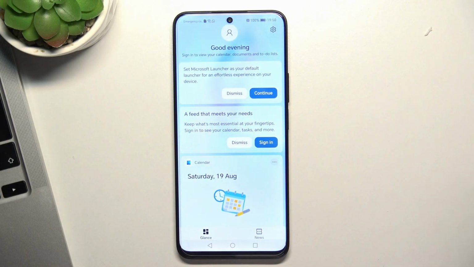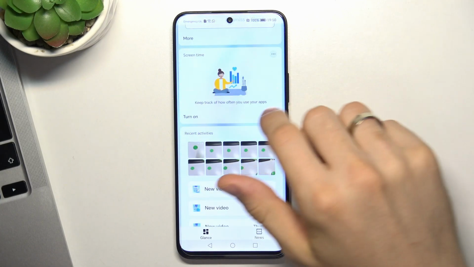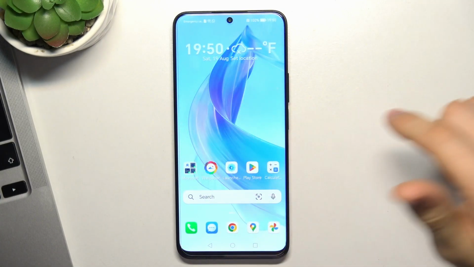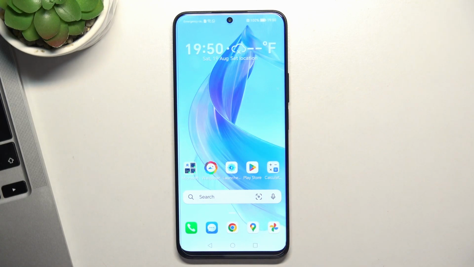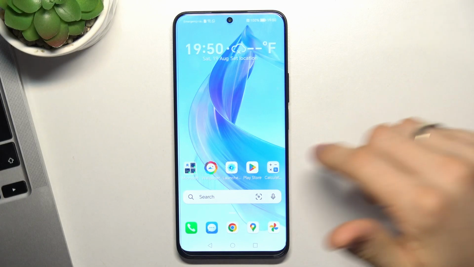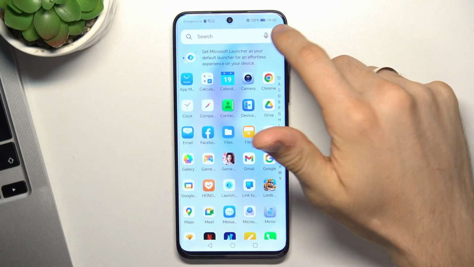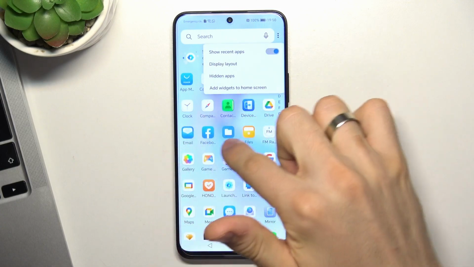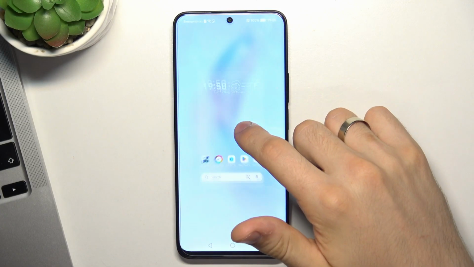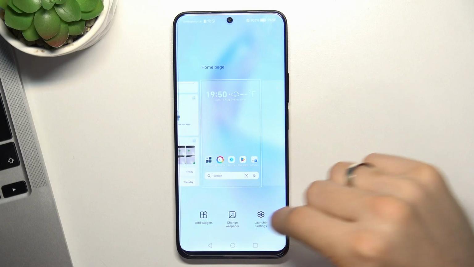So here on the left panel, we have the glance panel. In the glance, we have all widgets, so we can set up all widgets to switch between thousands of home screens to find the desired widget. In the main menu, we have alphabetical line, search, voice search, hidden apps, feature, and here in the launcher